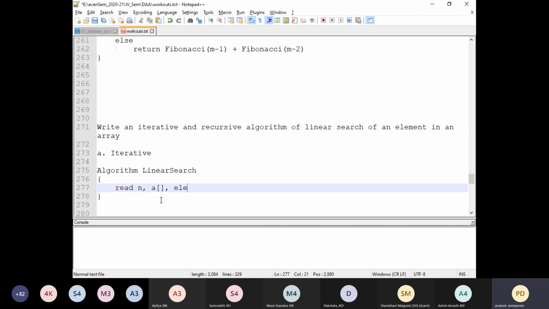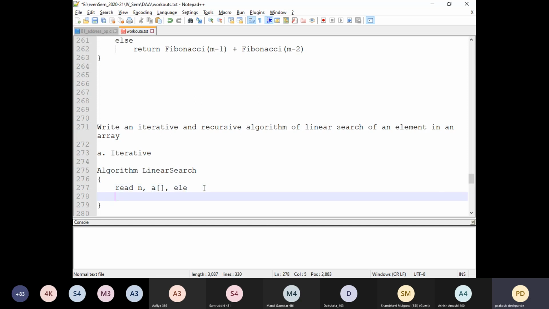Yes. Now look at the convention here. Since I'm going to use an array, I can just write it as A and a pair of brackets. Here I don't need to write what size it is, we can keep it empty. Now suppose it is a two-dimensional array, then I need to specify a comma here that will indicate A is going to be a two-dimensional array. But in this case, it is a single-dimensional array, so let it be an empty pair of square brackets.